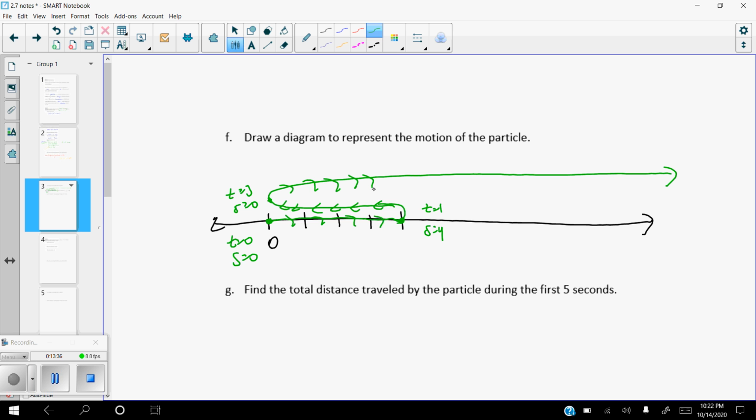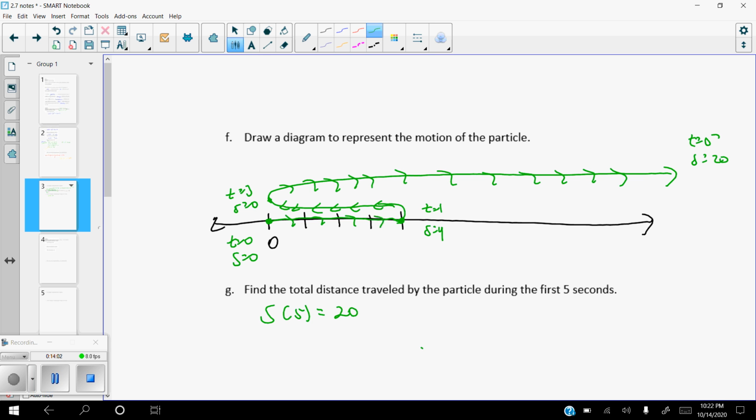So you have to go all the way back to the original problem and plug in 5 for t so we can figure out its position. And I've already done that. The position of this thing is at 20, which is way out here somewhere. So when t equals 5, s equals 20. I don't know exactly how far that's going to be, but it's way out there somewhere. So we're going to say that s of 5